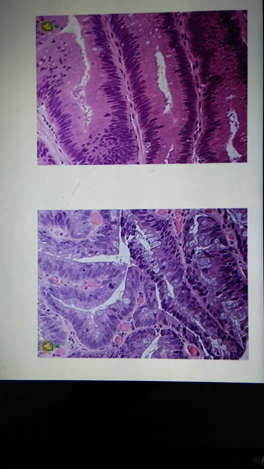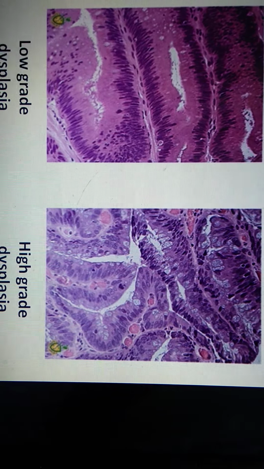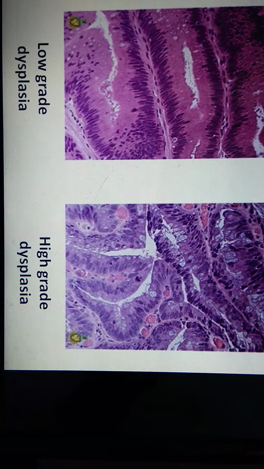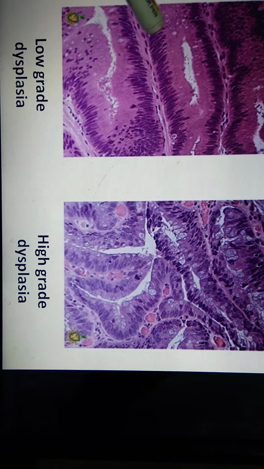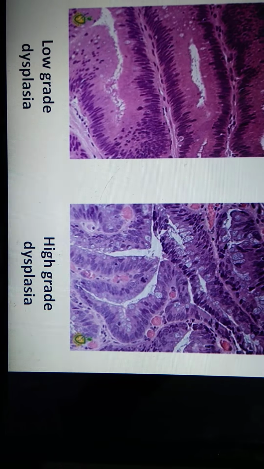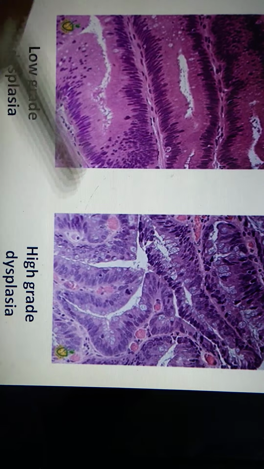It doesn't matter whether it's IBD or any other situation, you should be able to recognize low grade versus high grade. Look at here, once again reiterating the same fact: pencillation, stratification, elongation, hyperchromasia, but everything is still restricted to the basal half of the crypts without extending to the luminal surface.